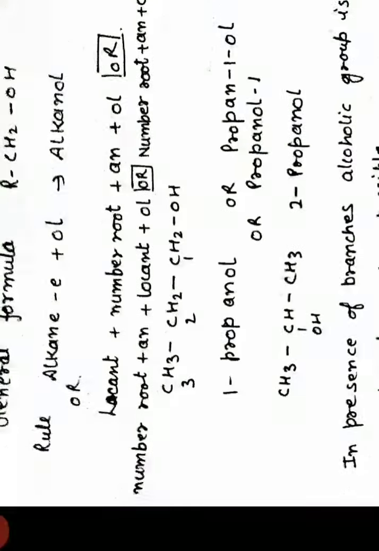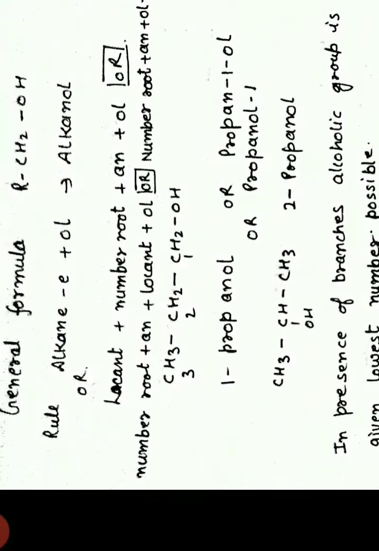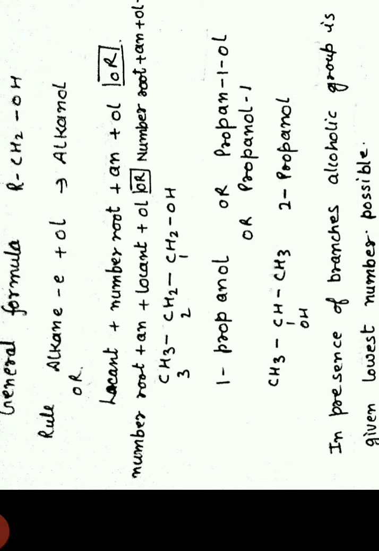The next group of organic compounds that should be studied is alcohols. Now let us try to remember what you have studied in class 10. You have studied methanol and ethanol in organic chemistry. So all the alcohols are identified by a special arrangement of hydroxyl group, oxygen and hydrogen. So whenever you see oxygen linked to hydrogen,